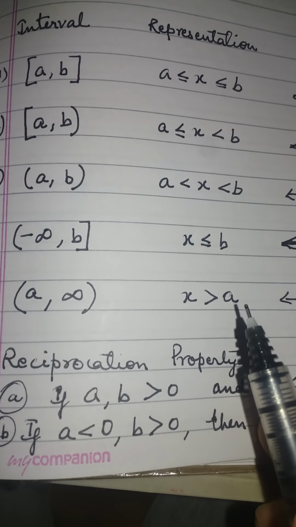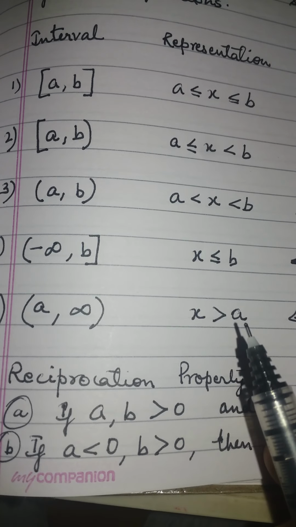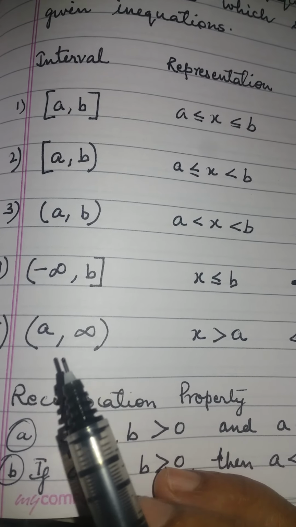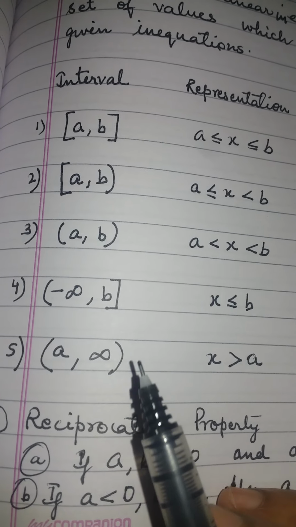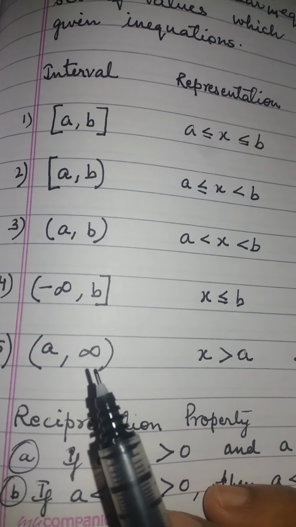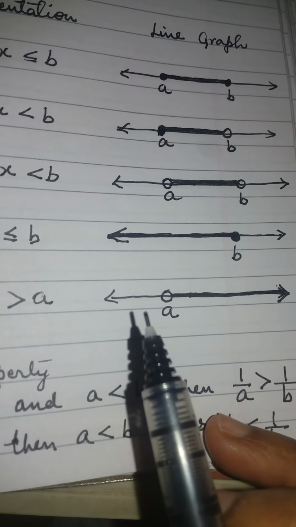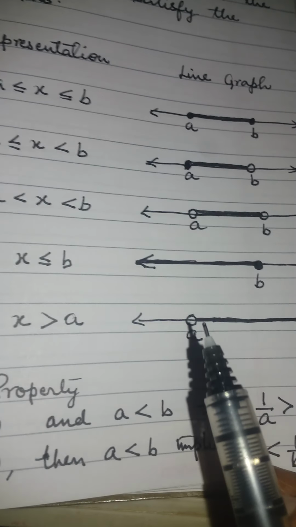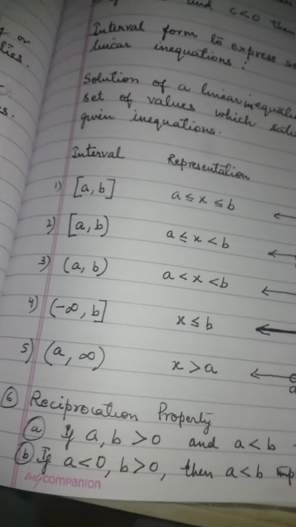Similarly, if I go for x greater than a, this type of solution, a is not included. Greater than a means a is not included, open interval, comma, till when? Till infinity. And infinity is always open because it is not a particular value. Now on the number line, what will you do? You will simply locate a on the number line, mark it with an empty circle, and then stretch a line with an arrow indicating the solution. Clear?